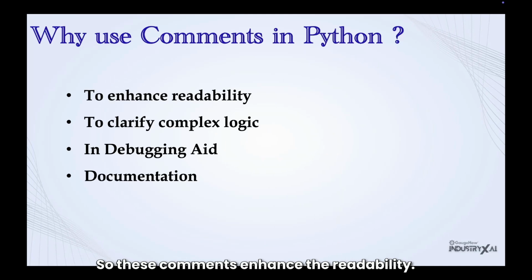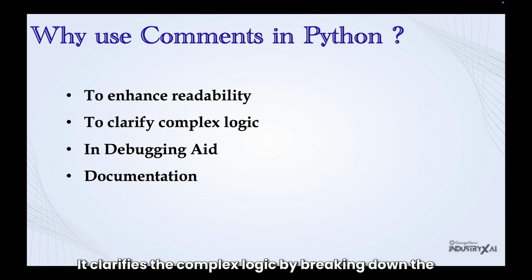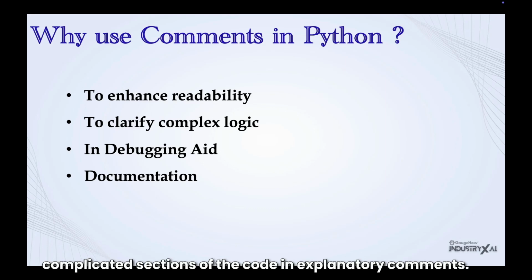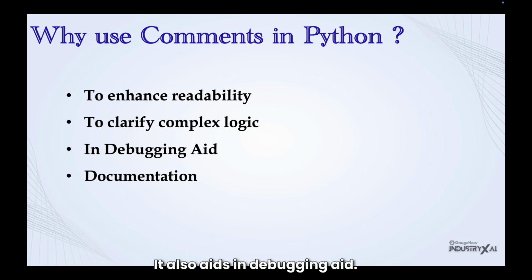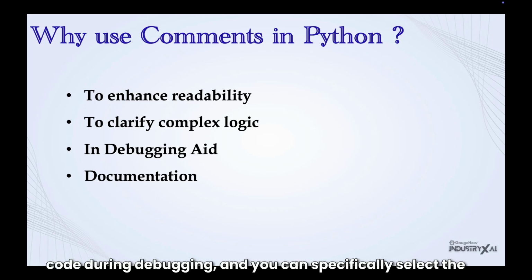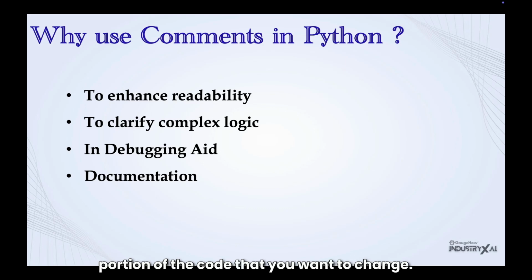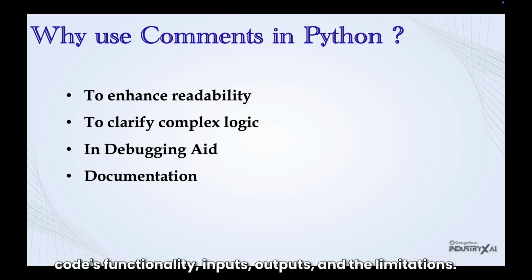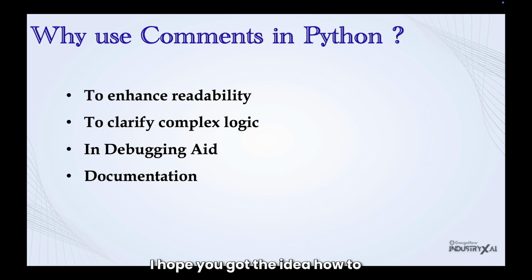These comments enhance readability. That means they help others understand the purpose of the code. They clarify complex logic by breaking down complicated sections of the code with explanatory comments. They also aid in debugging. That means you can temporarily disable parts of the code during debugging, and you can specifically select a portion of the code that you want to check. And the last one is documentation. So you can provide details about the code's functionality, inputs, outputs, and limitations. I hope you got the idea how to use Python comments and what is the importance of Python comments